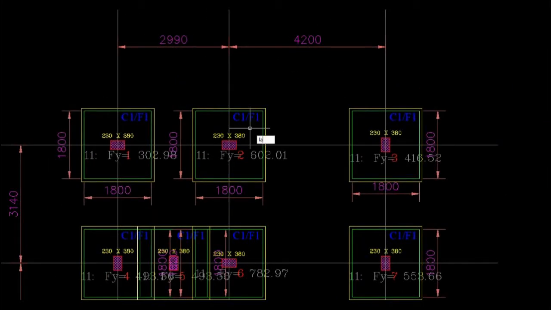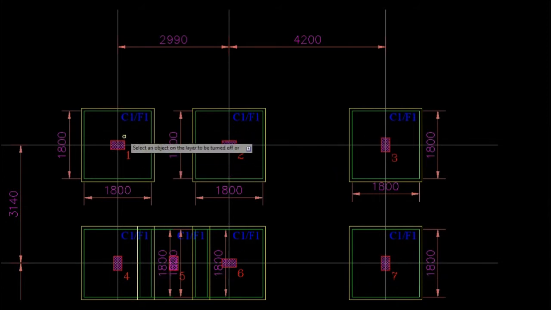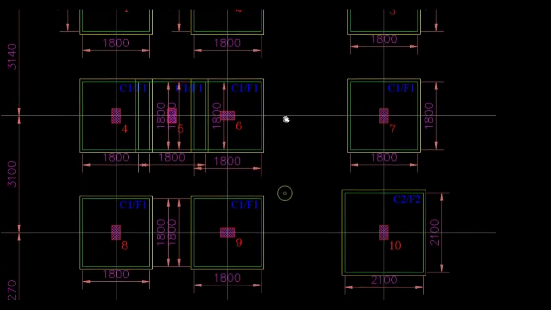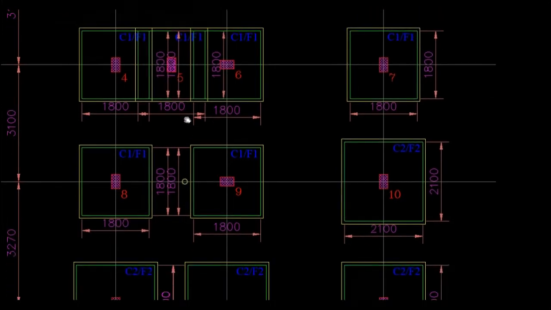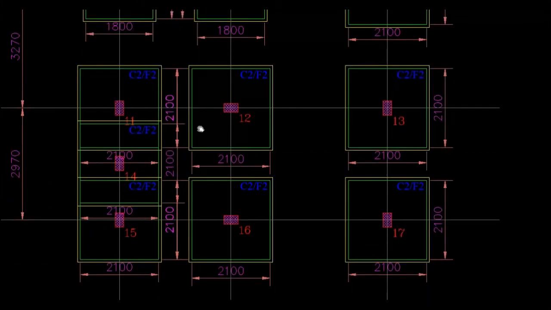I am switching off unwanted layers. 1, 2, 3 are isolated footings. See here, 4, 5, 6 members' footings are overlapping. We have to design a combined footing for these members 4, 5 and 6. 7, 8, 9, 10 are not overlapping.